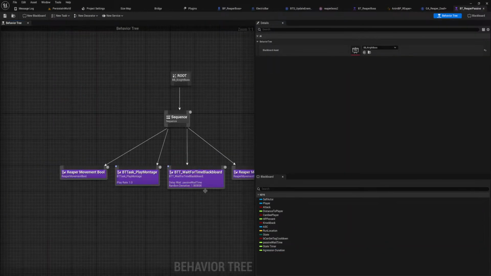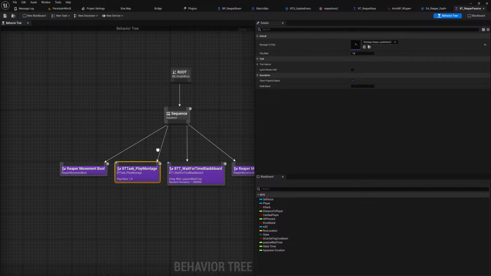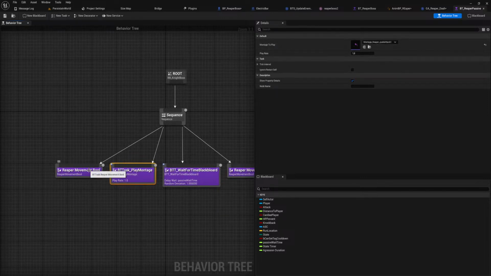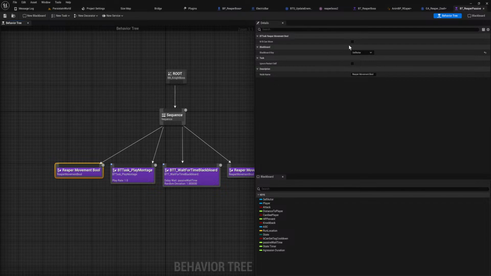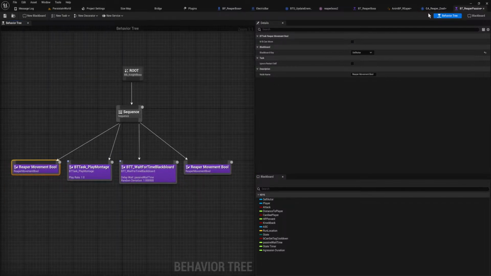Something in your behavior tree. Play montage. Attack. There we go. That's the issue. Reaper movement bool, can move, gets set to false here. Okay. We found our culprit. We found our culprit.